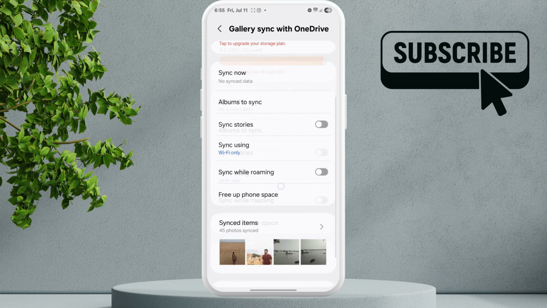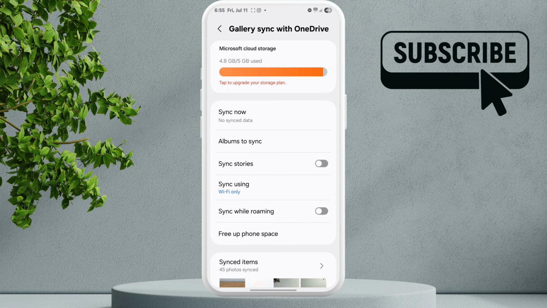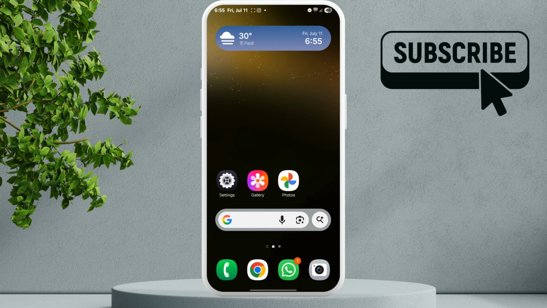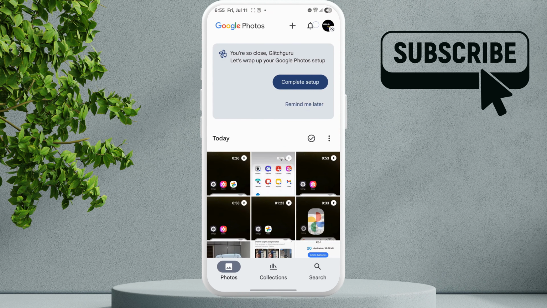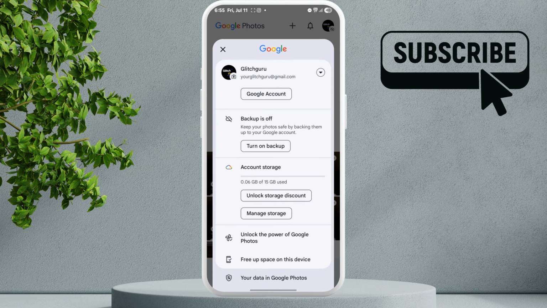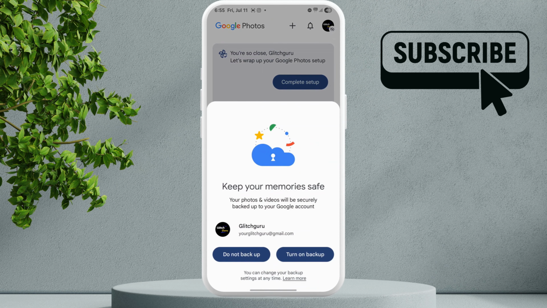Now if you don't have a Microsoft account or if you want to backup all your photos to the Google account, simply download this Google Photos app from the Play Store. Now once you are here, tap on your profile icon in the top right corner. Now select this turn on backup option. Now finally select turn on backup. This will backup all your photos and videos to the